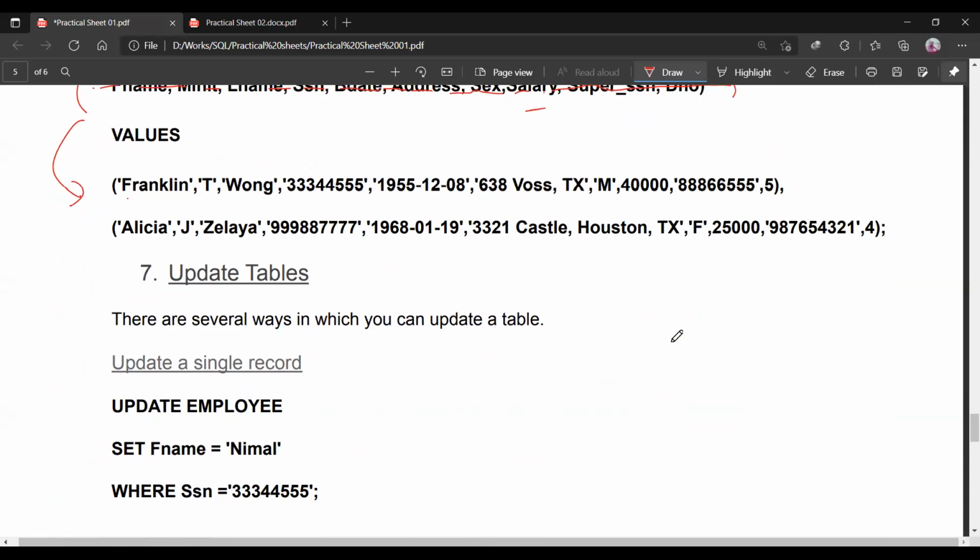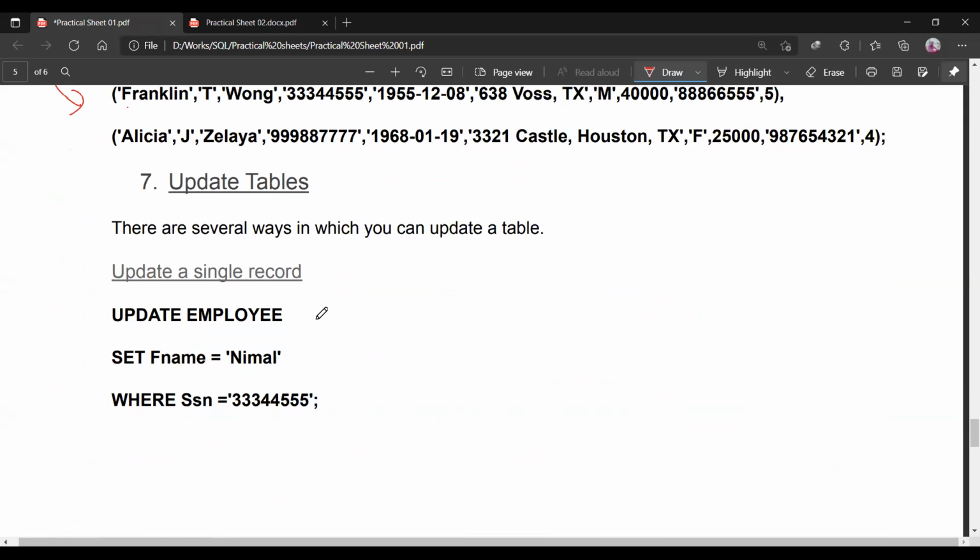Okay. And after that, if you want to update a table, there are several ways to update a table. It can be a single update of employee like this. If you want to update a table, I use the update command there, and I set first name as animal